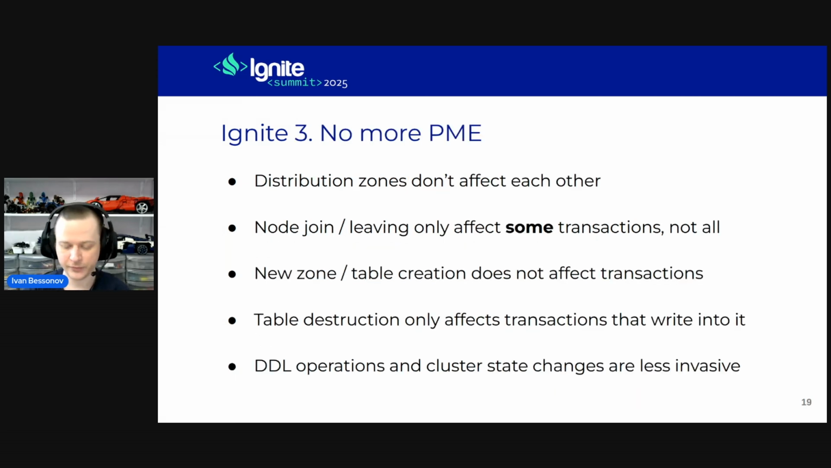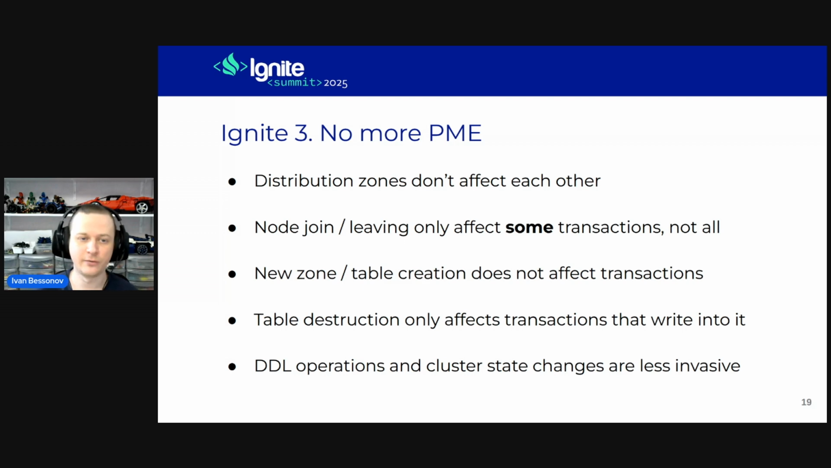In Ignite 3, given that Ignite 3 is a new project with mostly new code, we abandoned this old legacy mechanism and completely changed the approach to managing data distribution. And here are just a few properties of the new approach: distribution zones do not affect each other. When you join a node or remove a node from the topology, it does not affect your transactional load, with